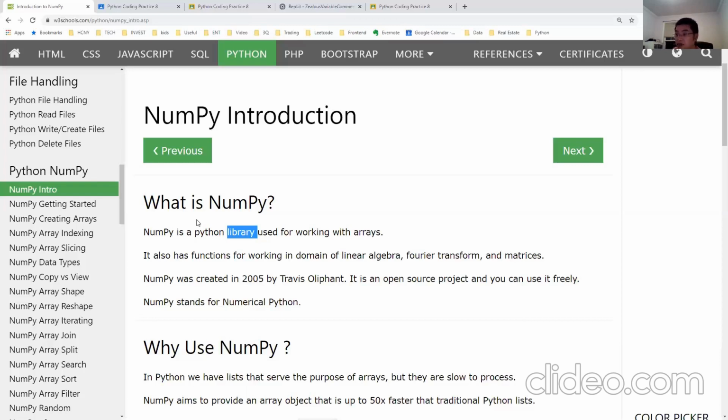So same concept here. When we say program or Python or any other language library, it means a combination of a list of stuff, a list of books, a list of functions, a list of objects. Okay, that's called a library, right? And then people can import the library and use it in any other places. So NumPy is a Python library for working with arrays. What's the meaning of array?